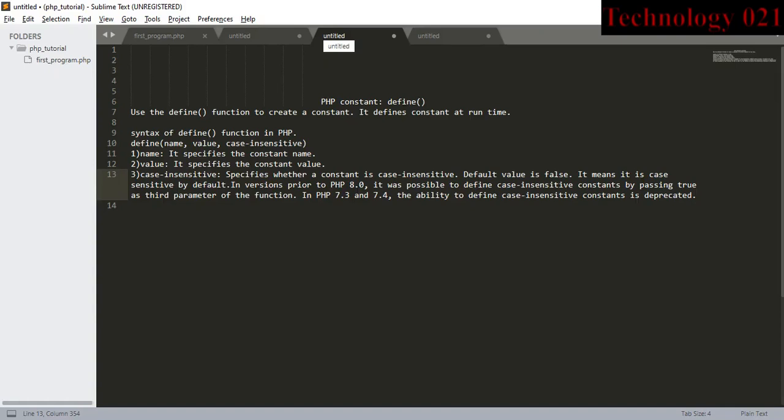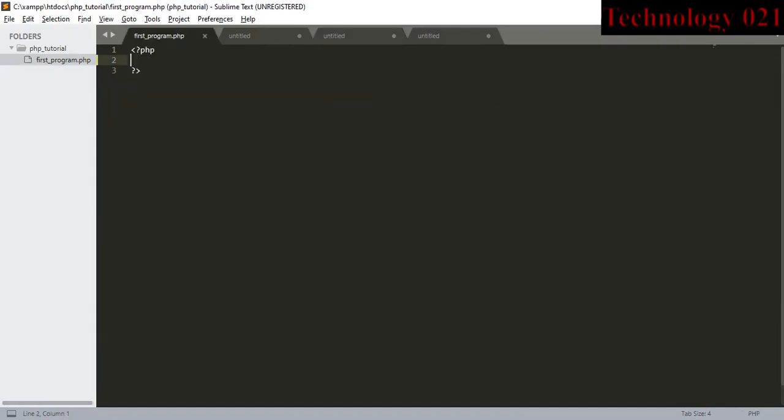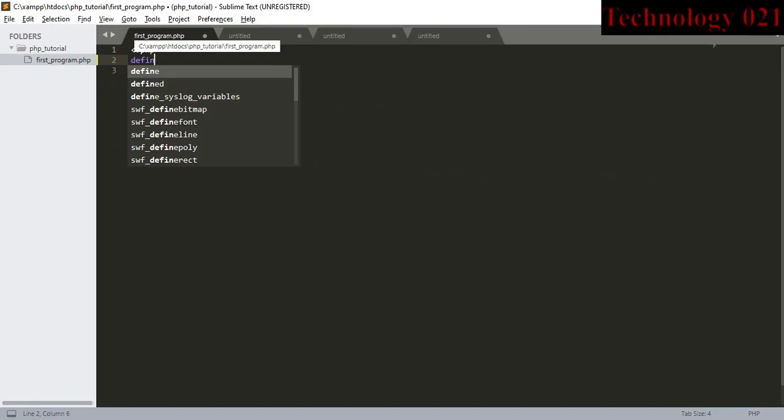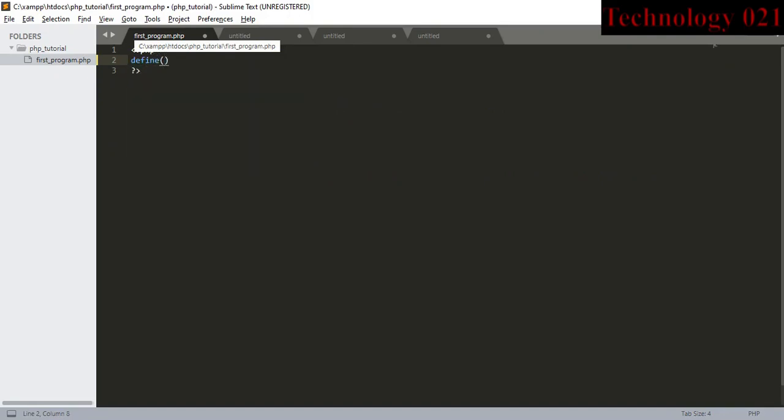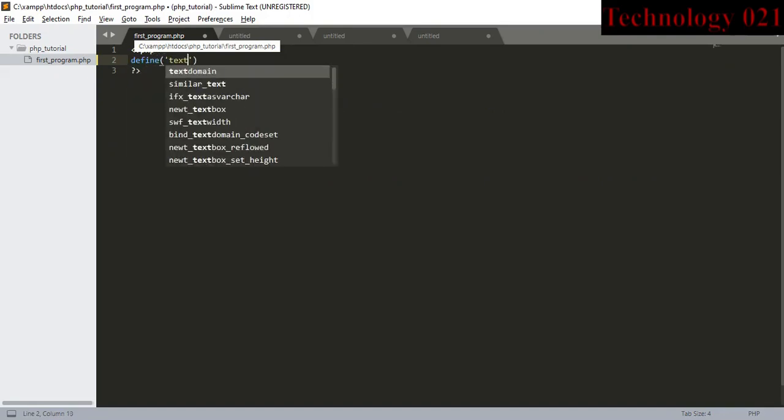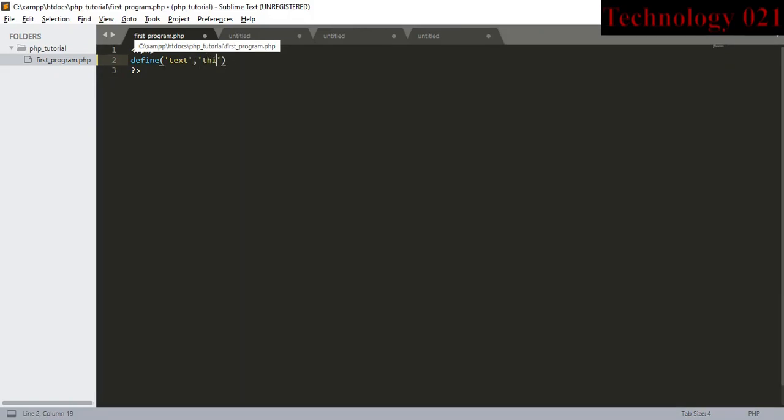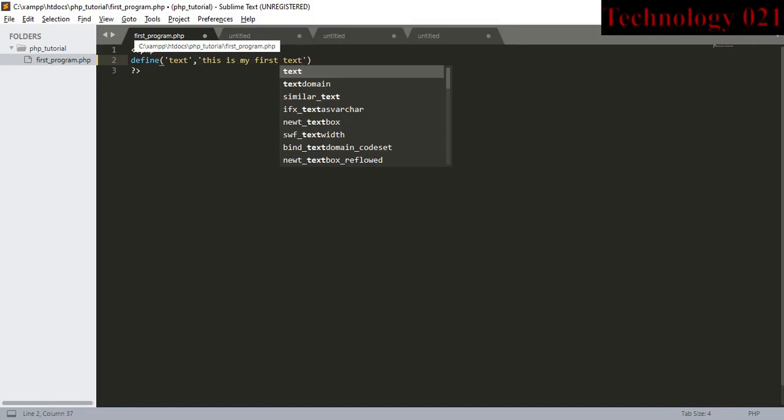So let us understand how we can use the define function to define a constant through a program. I will call the define function and I will give the name of the constant as text and as value, "This is my first text", as it is version 8.0.